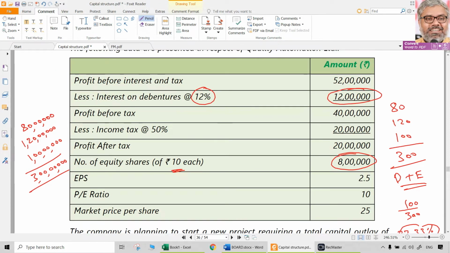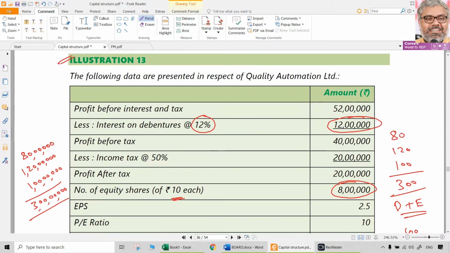That we cannot take the same profit before interest and tax because it is existing. 52 lakhs is existing. So 52 lakhs if you are making on a total investment of 3 crores, that means 52 by 300. What is your current return on investment? 52 by 300. That is around 17.33%. So if the same return is expected, naturally, because no information is given on that, on how much now it is going to be 340.